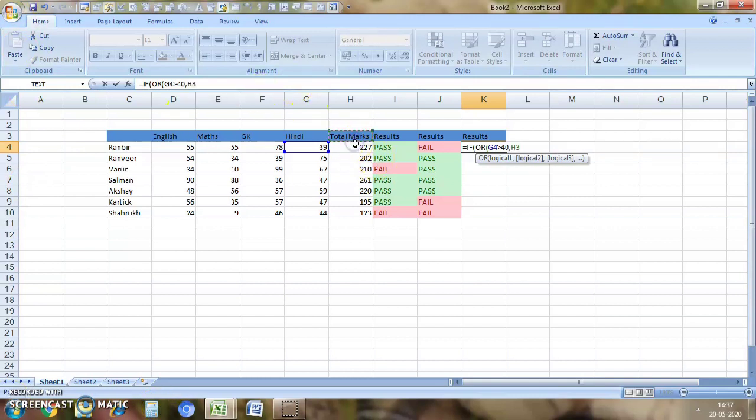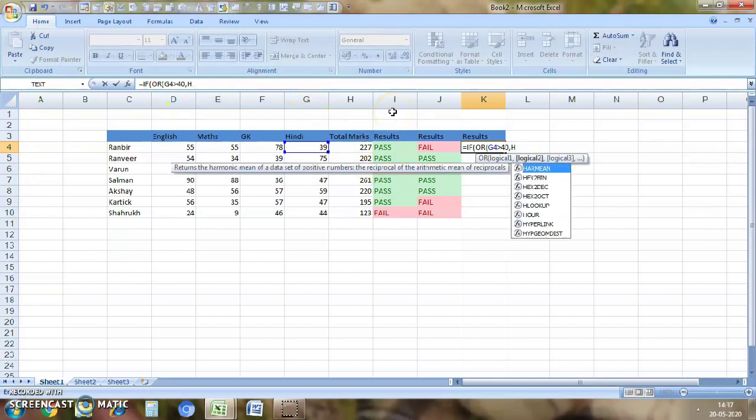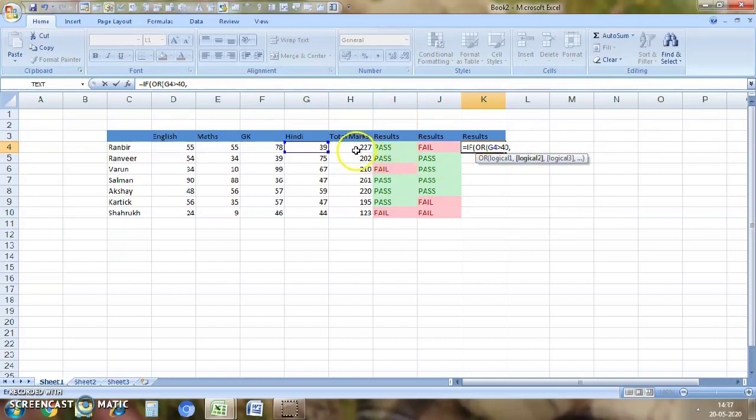and the total, the pass marks, should be greater than, this time I'll do 230.